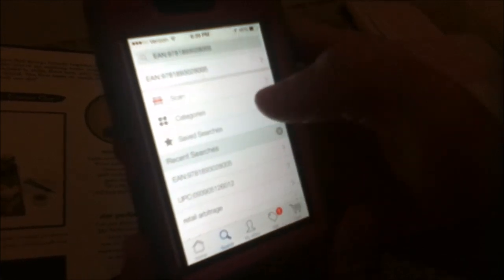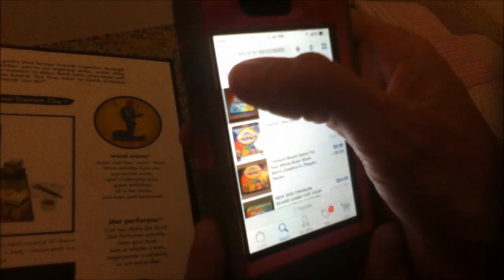Okay, and then, I don't think I did that right. I'm sorry. So I'm doing my search. Okay, now I click on refine, and if I scroll up and down, you'll see on here